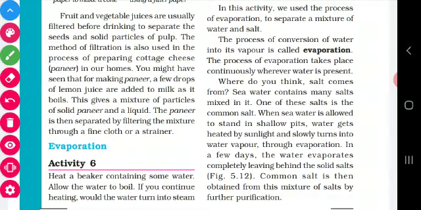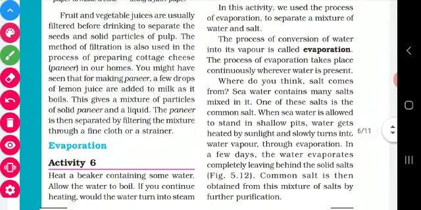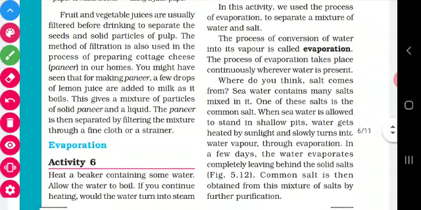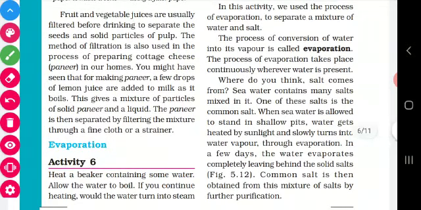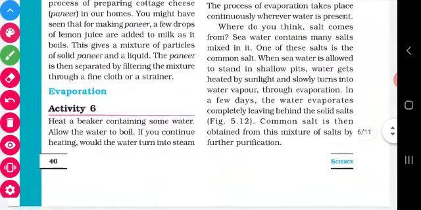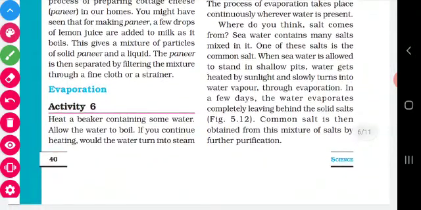In our houses also we can see that the cooking utensils are deposited with a salt layer. You have seen that. If you have not seen, go and see. The vessels which we use for boiling water have thick deposits of salt in them, isn't it? That is only because of evaporation. Children, have you all understood? Now we are going to see one application of evaporation, one of the uses of evaporation.